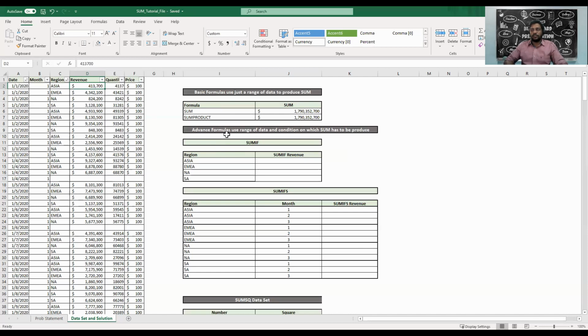SUMIF and SUMIFS have exact similarities to the count formulas. There are additional things that you will have to give to the SUMIF and SUMIFS formulas, and we will see what those additional things are. We'll do the SUMIF. Now it asks you for the range. Excel is good so that it highlights what you need to feed to the formula. So range for what? Range for criteria. So our criteria range is column C, so we'll say C2 to C369.